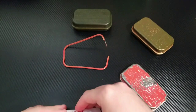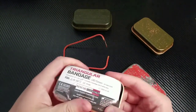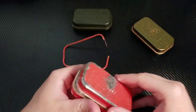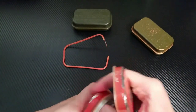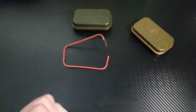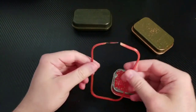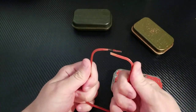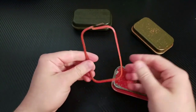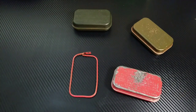So what you're going to do is you're going to put it in there, and you really have to kind of shove the corners in and mash the plastic down so it doesn't get in the actual lip when you close it. Put your lid on, and you're going to need a little mallet. And what you want to do is you want to kind of bend this where it isn't wide at the corners, all right? And you're going to get a little mallet like this,